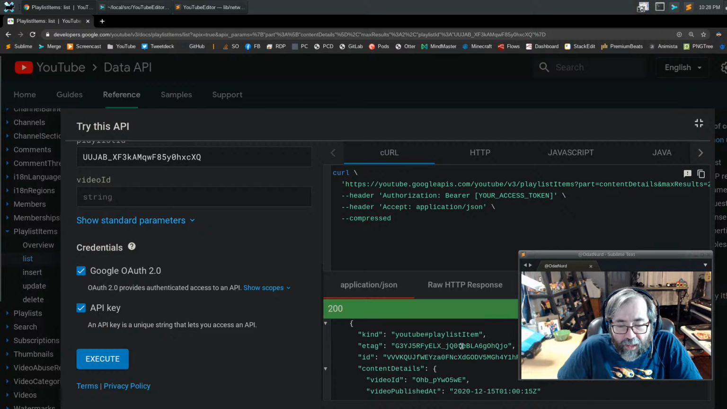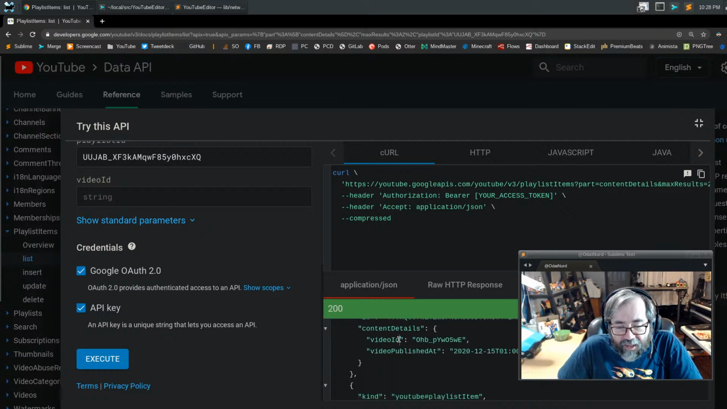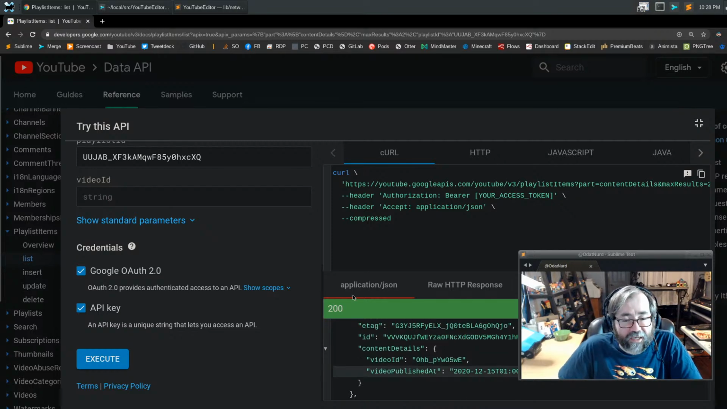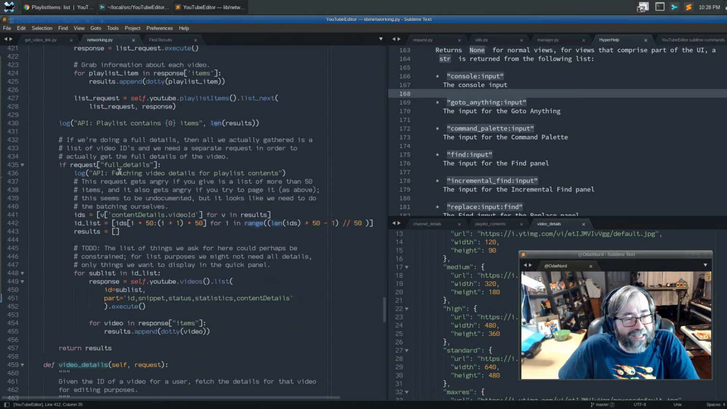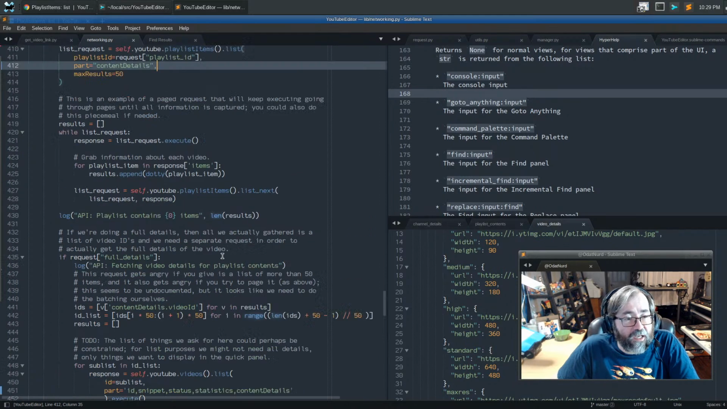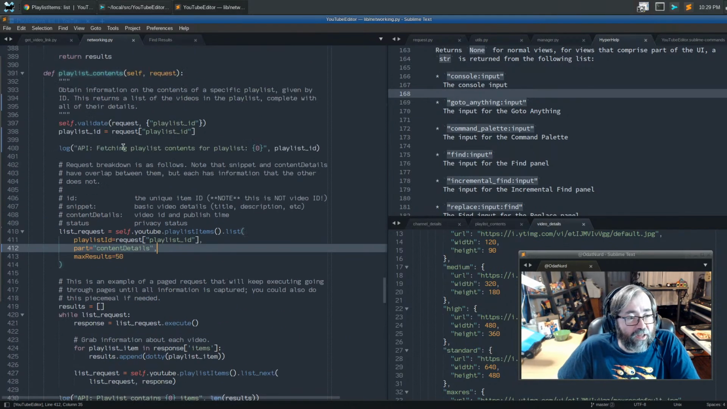So content details is just the video ID and when it was published at, and that's the only thing we get if we do content details. And then what this is going to do after it gets all of that is, I mean, previously it only used to do it sometimes, but we're going to call the get video details for these video IDs and get the ID, the snippet, the status, the statistics, and the content details. Where previously, if we looked up here,